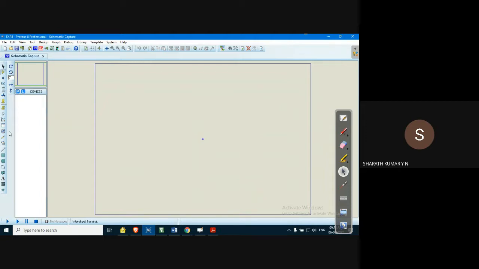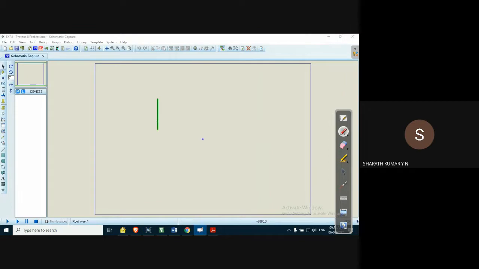In the toolbar you find a lot of options, a lot of menus. Okay, selection mode, component mode, for example terminal mode, and let us say this probe mode. There are various modes and various tools available. First, we have to place a component. For example, let's say we want to design a simple circuit, so we need to place a component. To place a component, we have this option, an AND gate, OR gate kind of symbol.